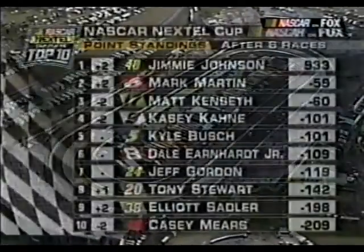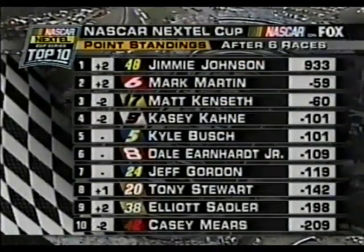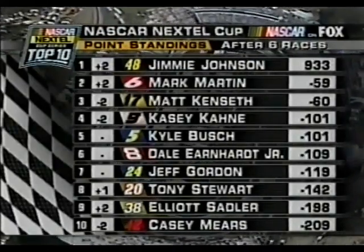All right, and Dale Earnhardt Jr., 6th. So he jumps quite a bit. Jeff Hammond, Jimmy Johnson reclaims the points lead heading to Texas, but Mark Martin